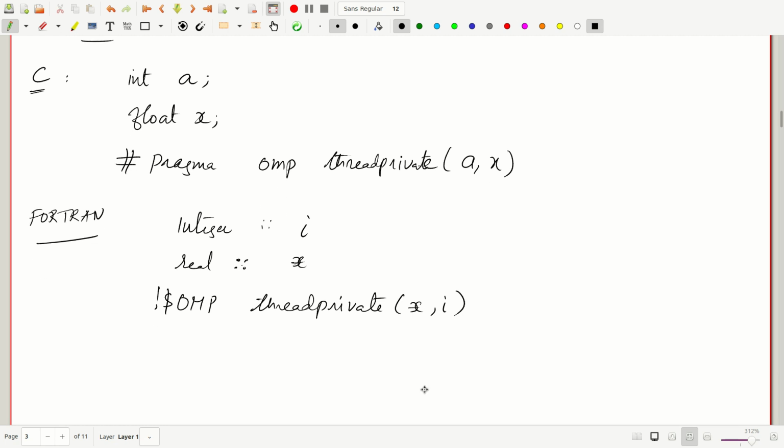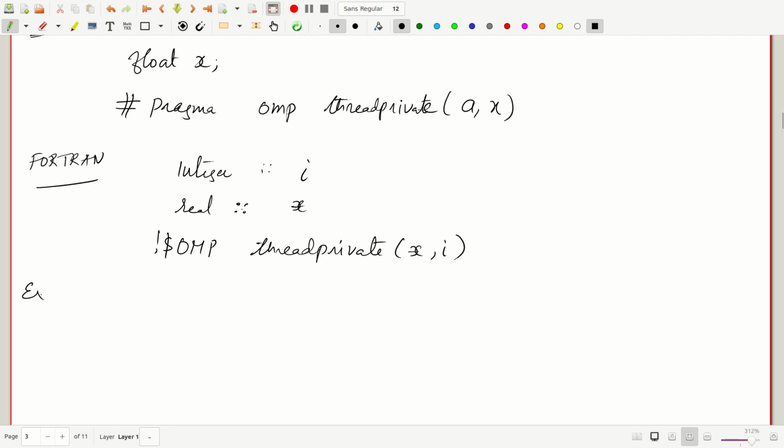All right, now let us see an example. Once you have declared a threadprivate variable, let's say we have declared a as the threadprivate variable. So a is a threadprivate variable that we have declared in the